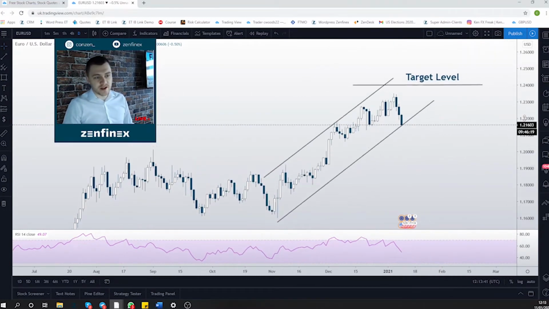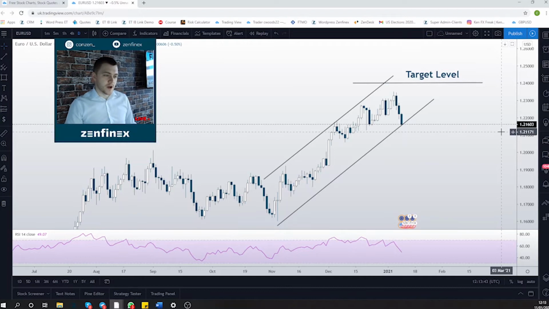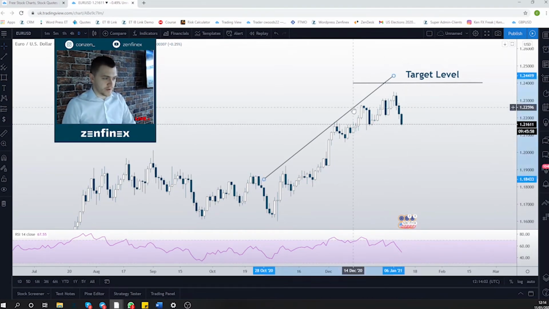If price was to reach 1.24, this is actually the April 2018 highs, and so I would expect some profit taking. When this happens and the big players take their profits, we do see a bit of a drop, probably quite like what we're seeing now. So that's what I'm seeing on the daily time frame, just as a long-term view.